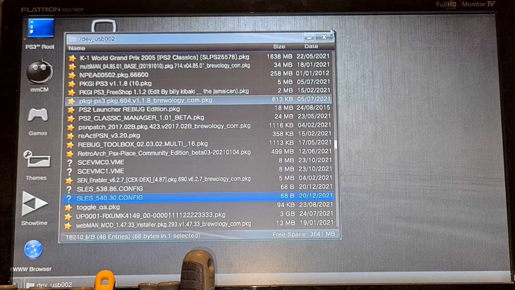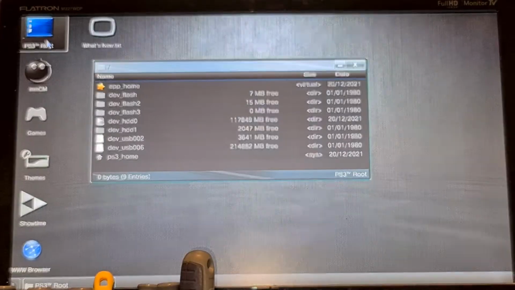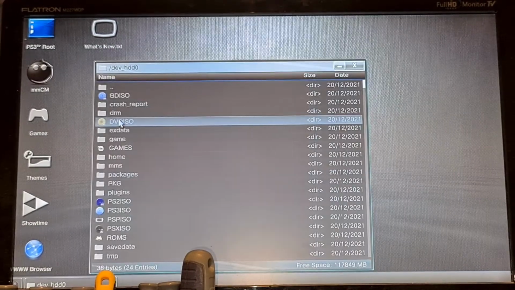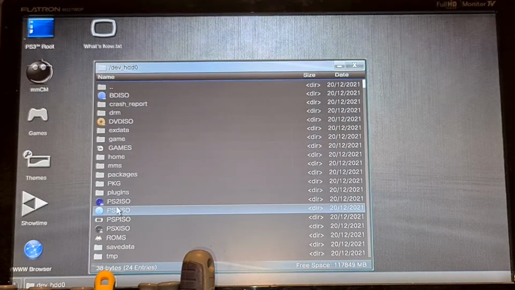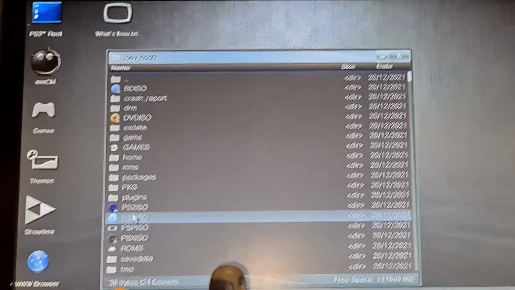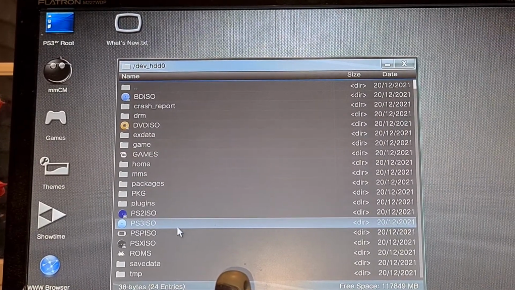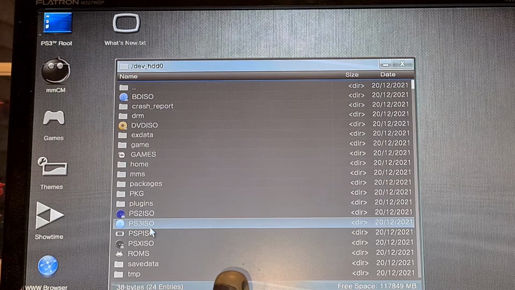Now you can quit out of this completely because that's your USB. You can go back into PS3 root, go into dev HDD0, go into PS2 games, just trying to stop it auto-focusing. There you can see it's PS2 games, that one there,